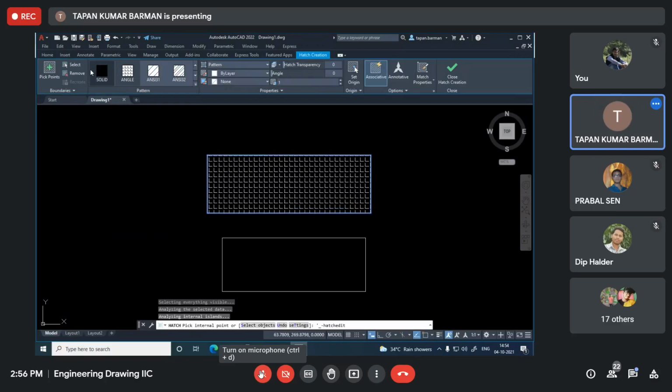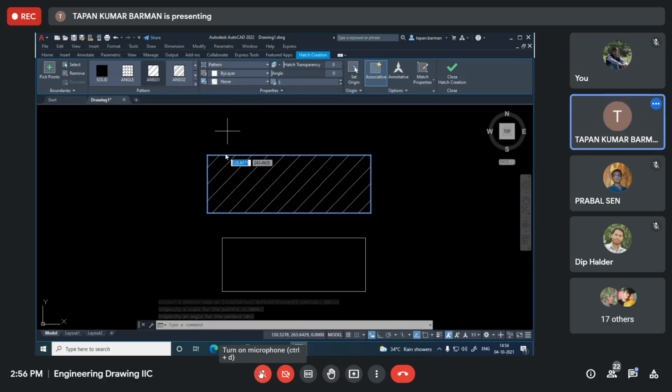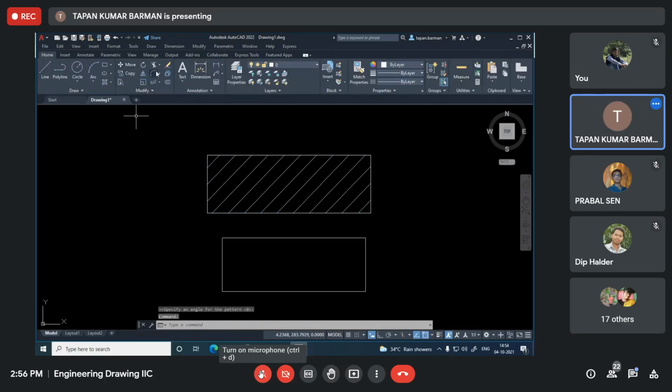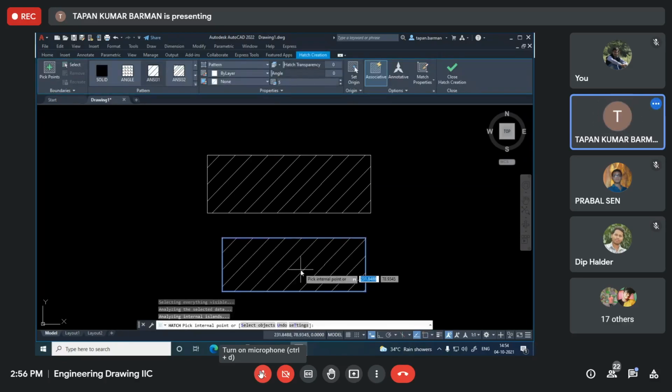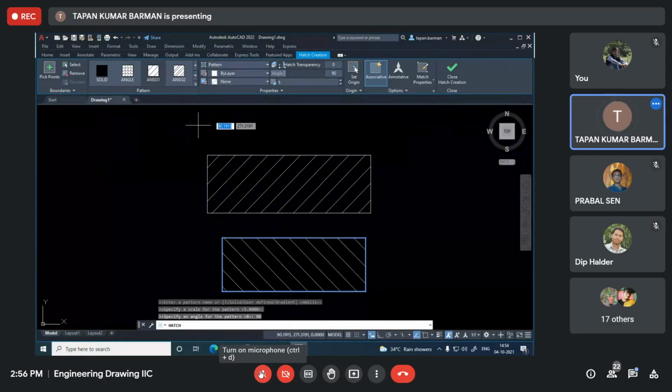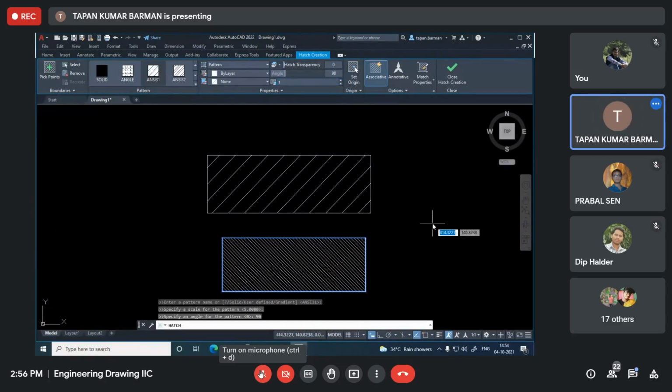Hatch ANSI 31, here the angle say 5. Process. Again, you take the same hatch, but at this time I am changing the angle to 90. I may also change the scale value here.